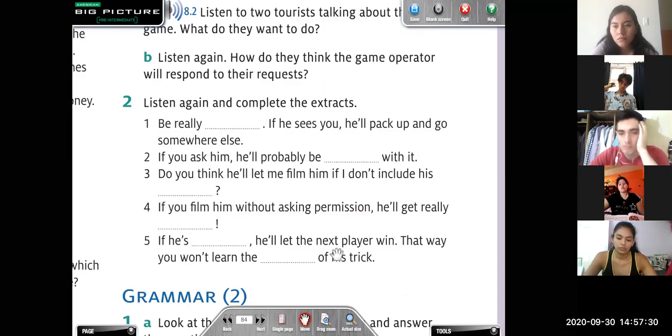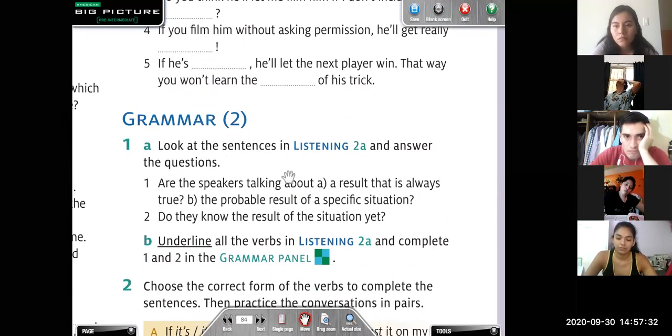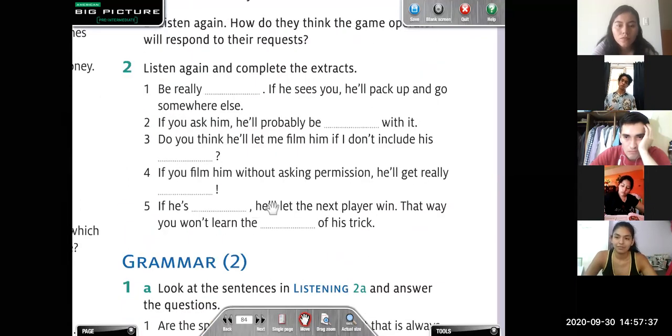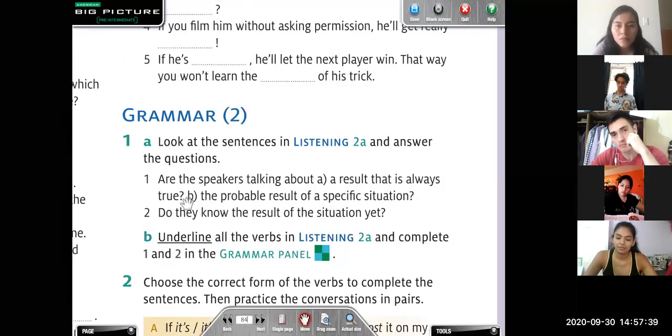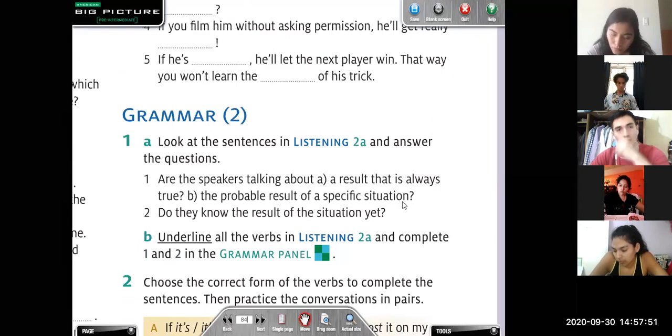Let's see this exercise. It says, in the sentences that we have here, are the speakers talking about a result that is always true or the probable result of a specific situation? B, right?